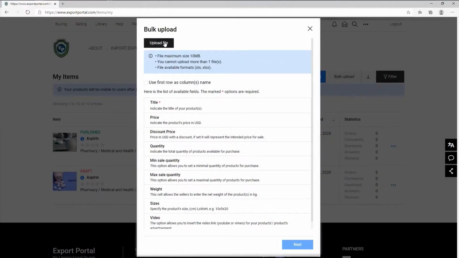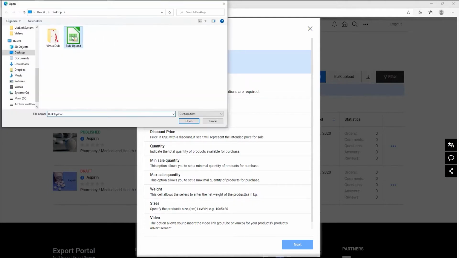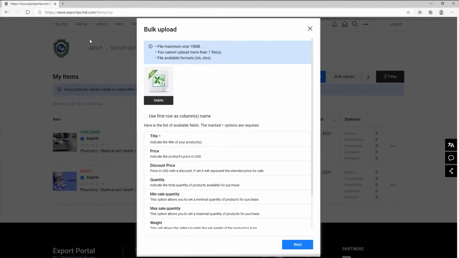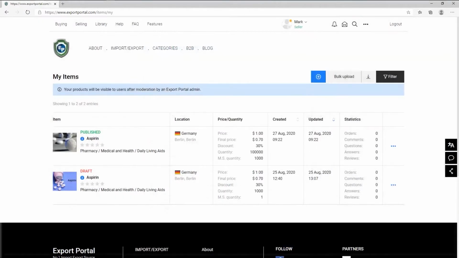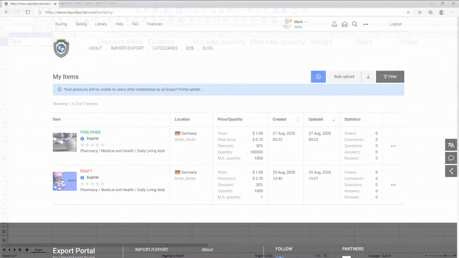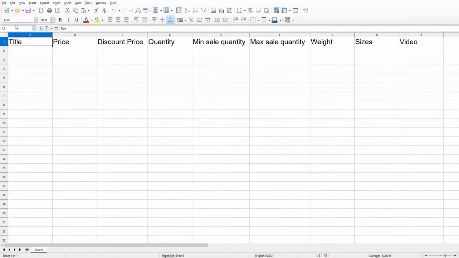to find the Upload File button in the left upper corner. Click it to upload the Excel file with all your items and fill in all the fields here. Please note that you can download the sample of the Excel file by clicking the button with an arrow in the right upper corner. Remember, the sample Excel file contains the following fields, which are required for a successful bulk